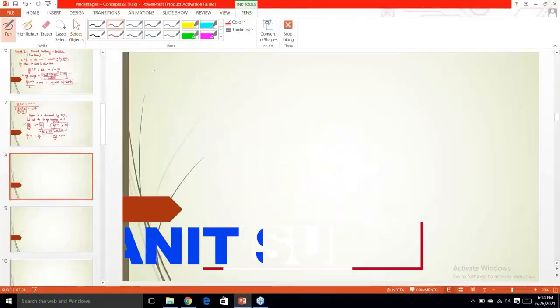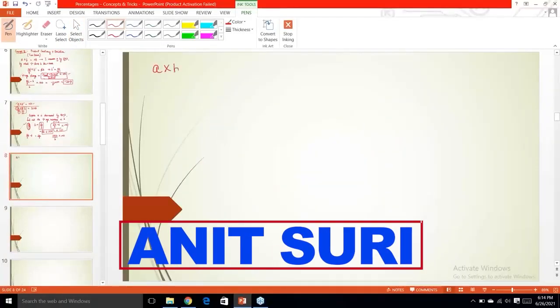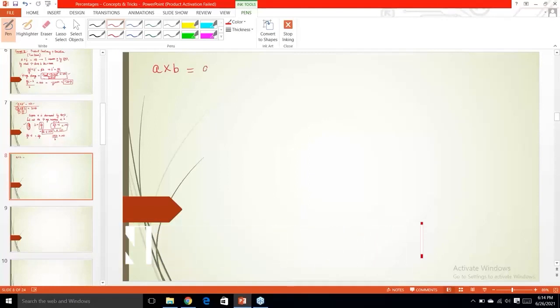So suppose there are two things, A into B is AB, right? Now here the product is not constant. Okay, the product is not constant. So the question says, suppose